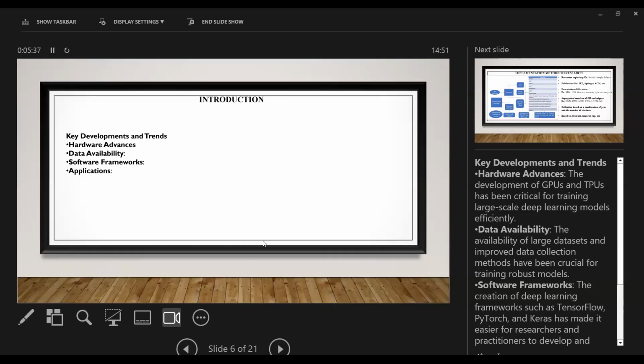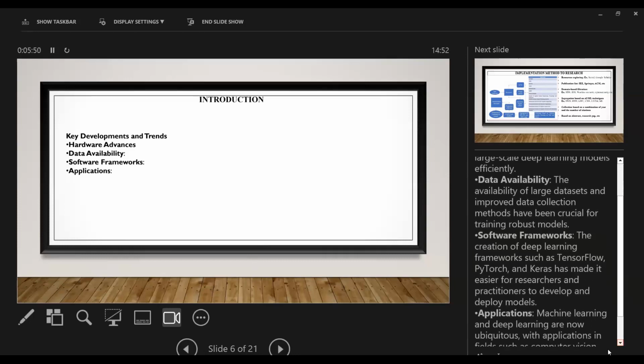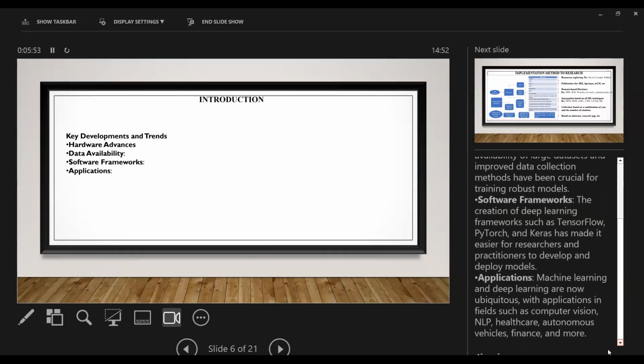In software frameworks, the creation of deep learning frameworks such as TensorFlow, PyTorch, and Keras has made it easier for researchers and practitioners to develop and deploy models. And in applications, machine learning and deep learning are now ubiquitous, with applications in fields such as computer vision, NLP, healthcare, autonomous vehicles, finance, and more.